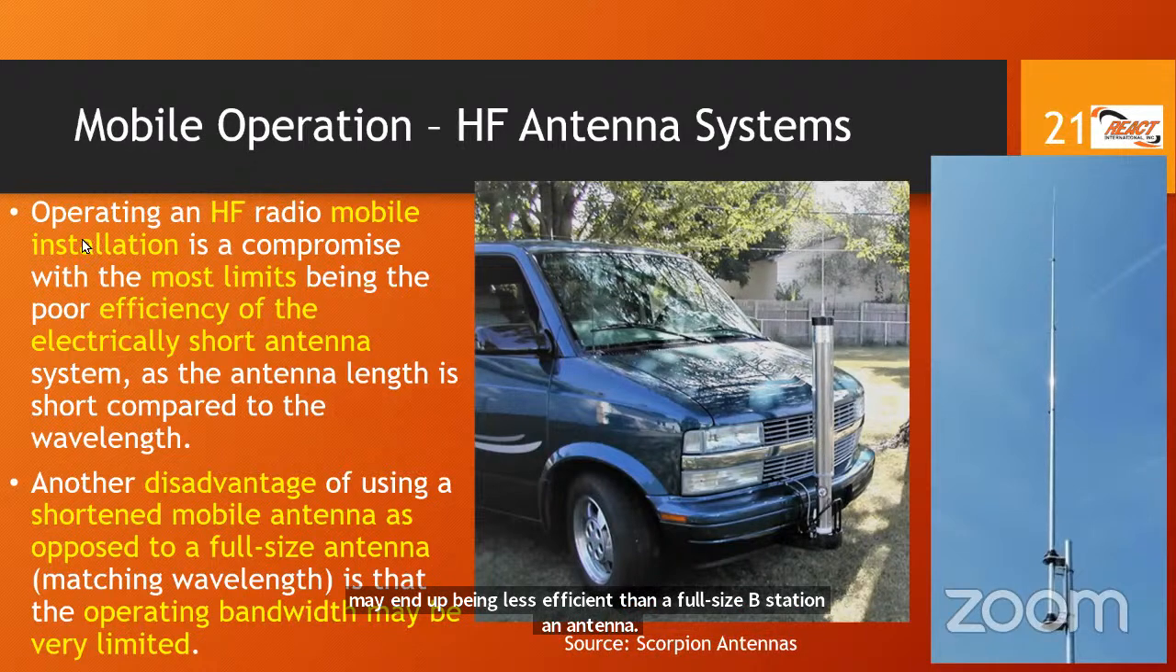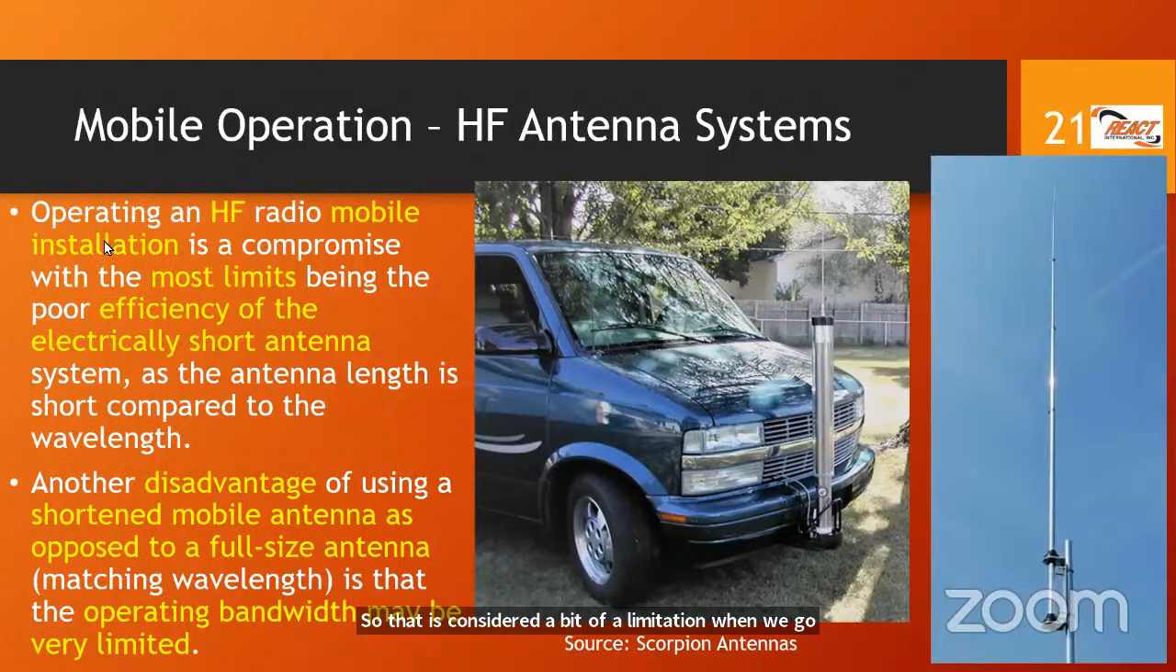So let's deal with bullet point number 1, which just kind of rehashes what we just said, which is operating an HF radio mobile installation. That means you put your HF radio inside of a vehicle of some sort, is a compromise. And one of the limits being poor efficiency of the electrically short antenna. Because you're shortening the antenna, maybe using a coil of some sort or some other mechanism to shorten the antenna, that is compromising the antenna's ability to transmit